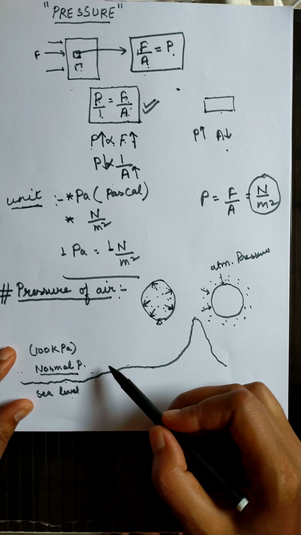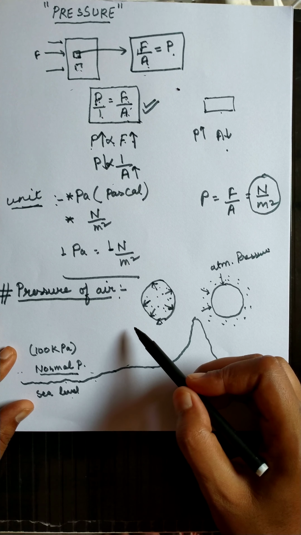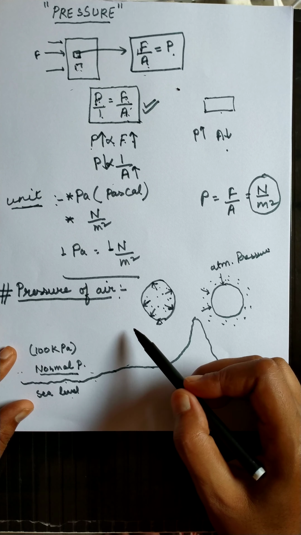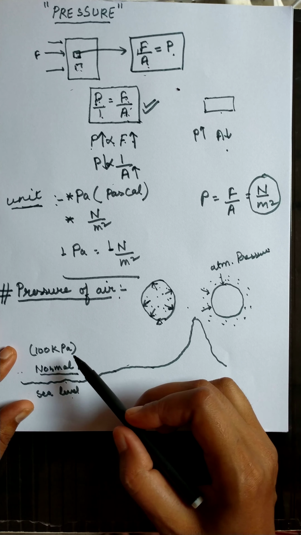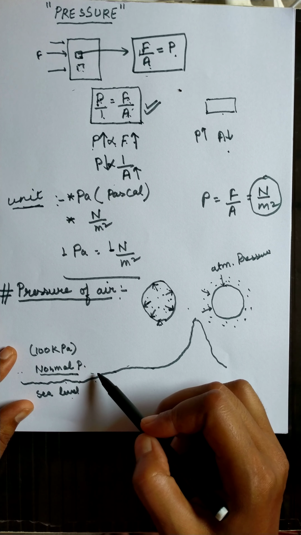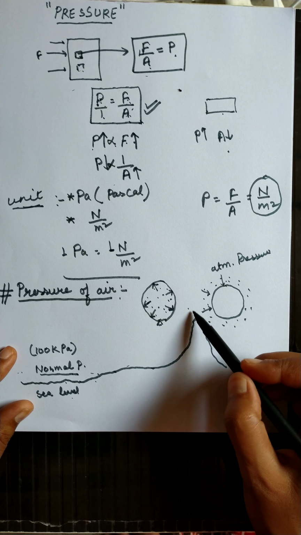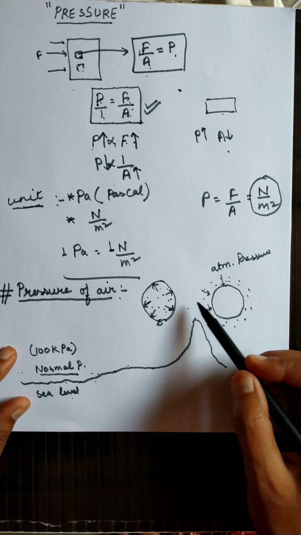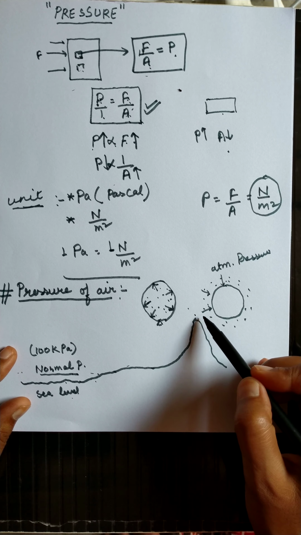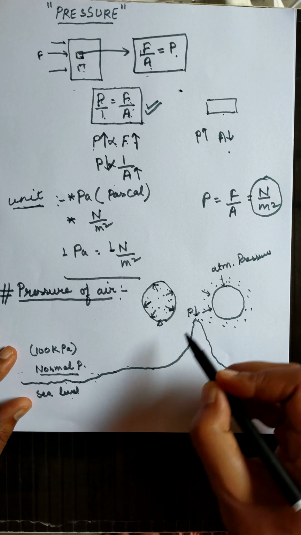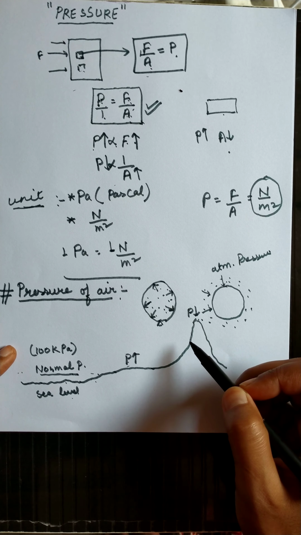Now students, since you know that inside the atmosphere the air is present and air is comparatively a heavy gas, at sea level, nearby the sea or at lower height, the pressure of gases will be more, but at a very high altitude, that is on the mountains, the pressure of air will be lesser. Here the pressure will be low, and at the bottom the pressure will be high. That's why there will be difficulty in breathing over there.